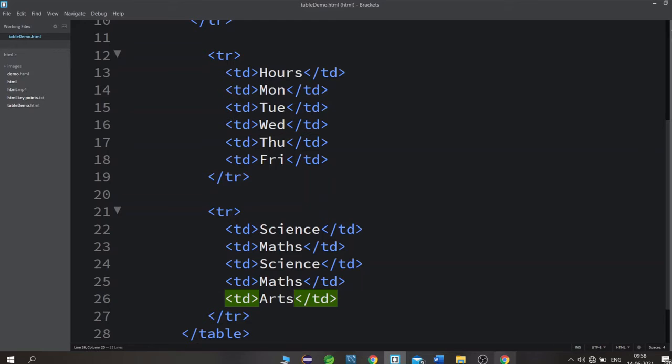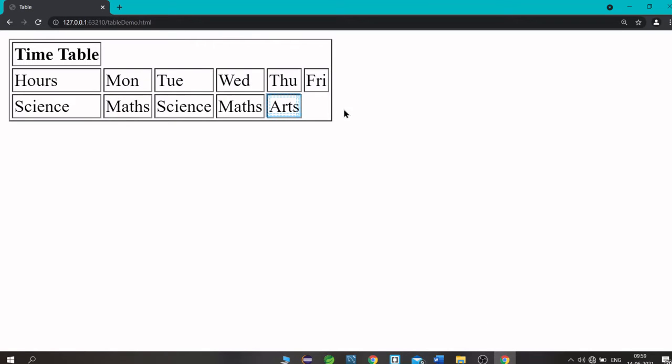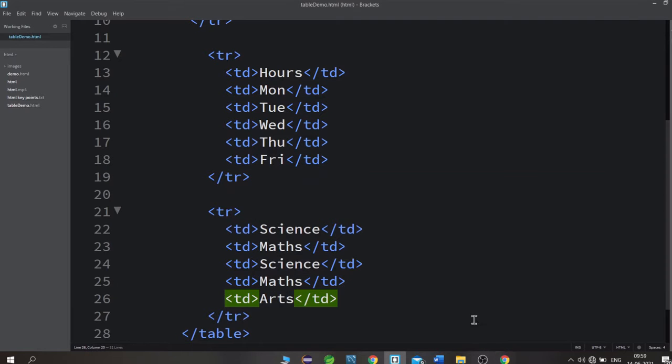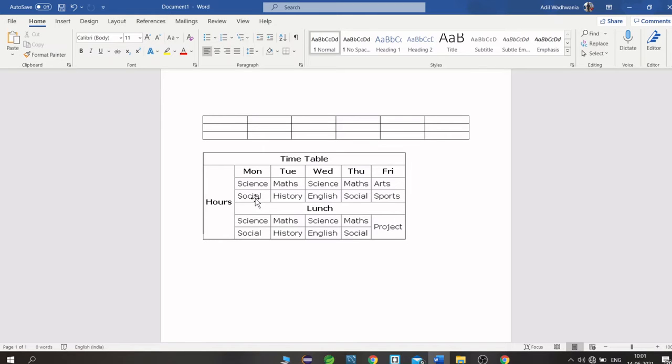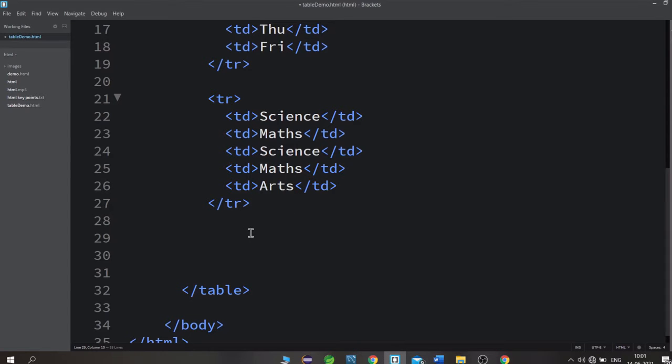Now save this and let's see how it looks. See, you can see we got it. In the next row we have other 5 subjects which we will add in the table.